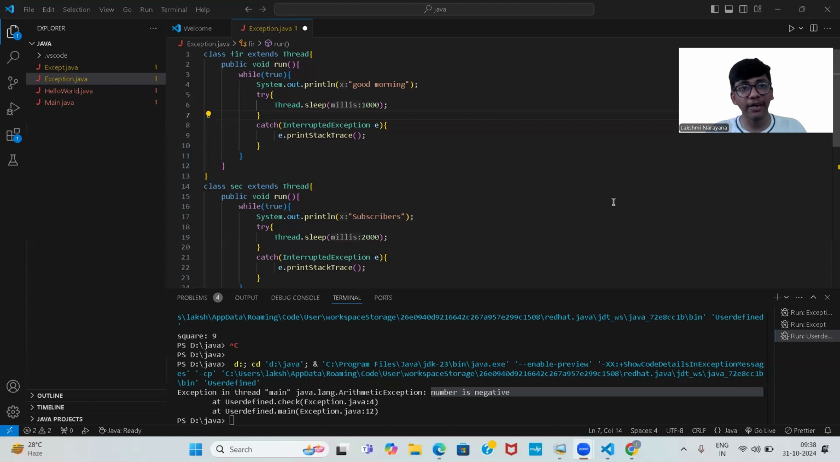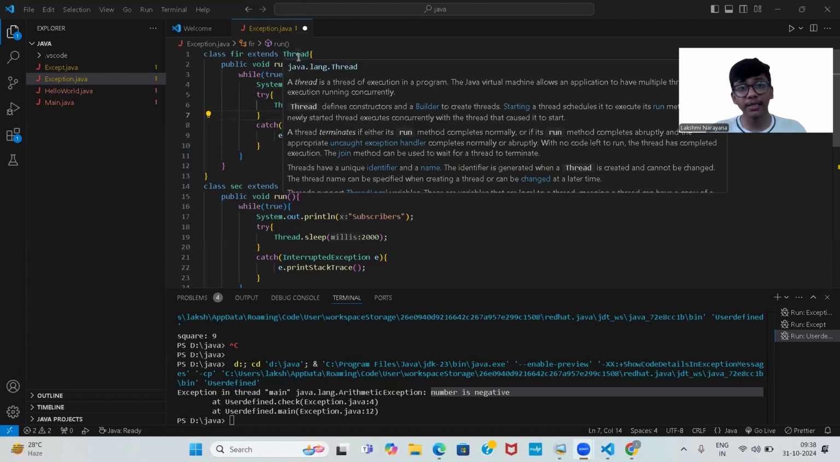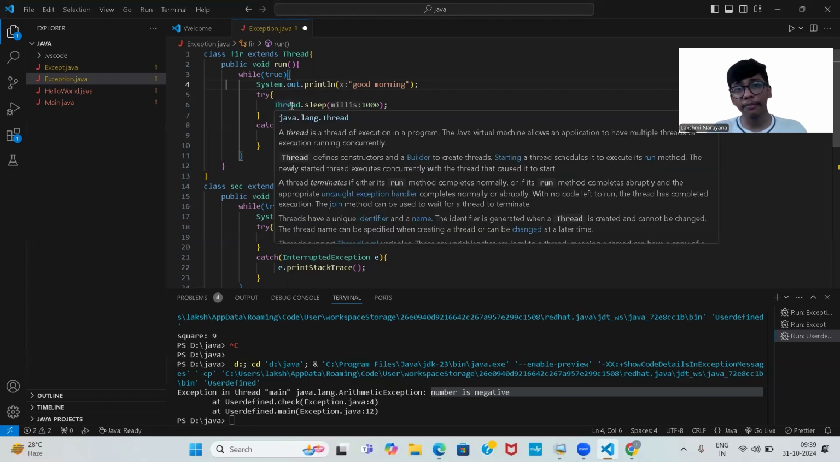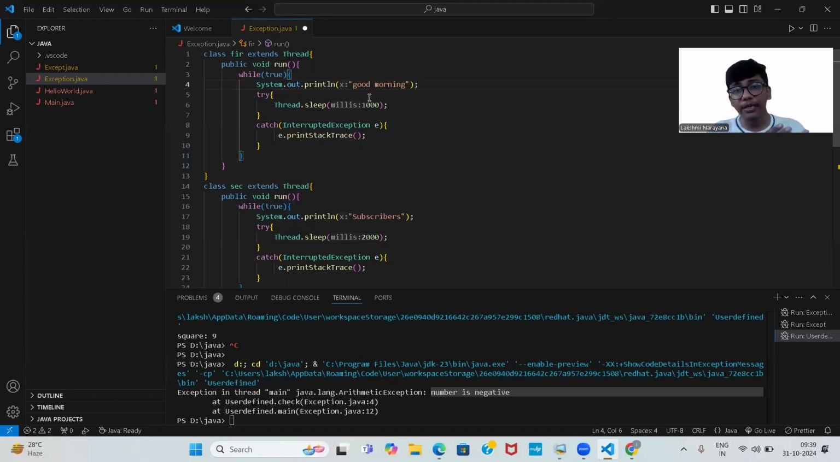In my first work, I have created a class First, which extends the Thread class, as the concept is about creating threads by extending the Thread class. In this, as I have said earlier, there are multiple methods. One of the methods is public void run. In this, we use statements like "good morning", so that these statements help us know which thread is running. After that, here I have used Thread.sleep, which means